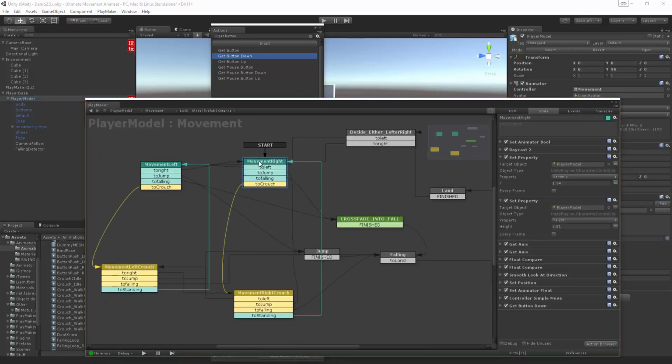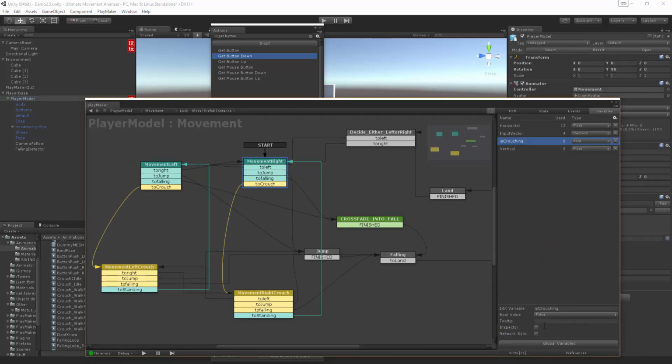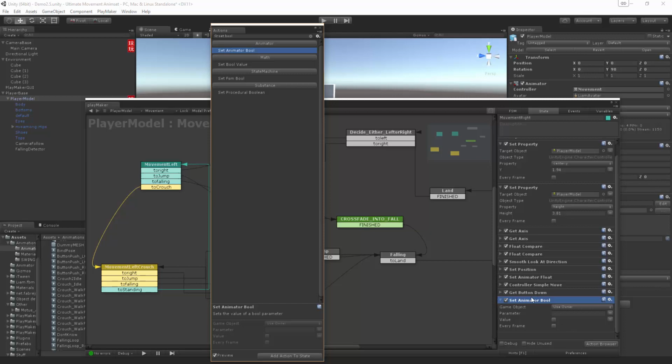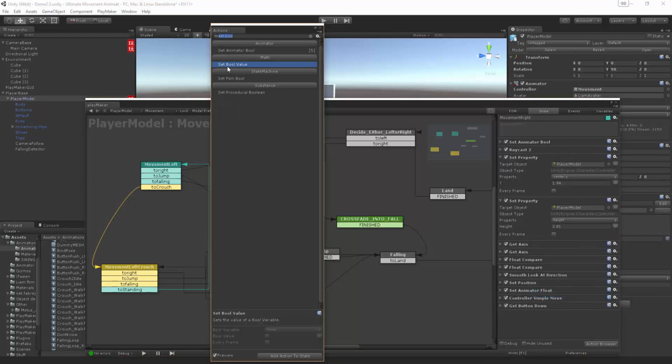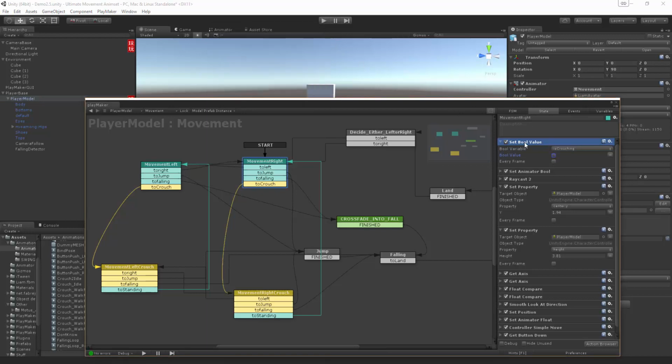here and we create a bool and just say is crouching. Alright, and we're going to pretty much do something simple and just say set bool. Oop, wrong one, not animated bool. We're going to say bool value, and we're just going to say is crouching, and well, it's not true because he's standing currently. So let's go and copy this guy,